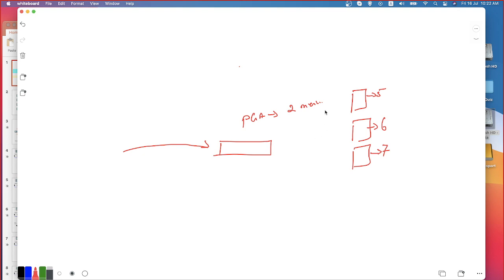We need a minimum of 2 members. So which 2 members are going to be chosen? The members with the highest priority. Member 3 has the priority of 7, so I'm including him as part of the load balancing. I need one more, so I'm taking member 2 also for balancing the load.